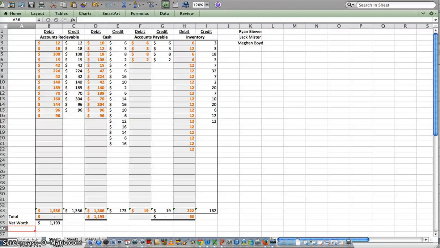This is the T account of our accounts receivable, cash, accounts payable, and inventory. Accounts payable became useless once we didn't need to make purchase orders for paper because we could just pick it up the same round, so we stopped needing to use that at all.